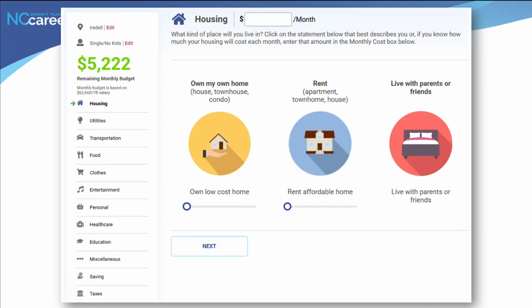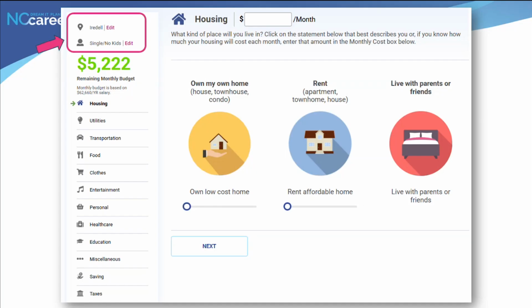At the top here, we can see her location is within the Statesville area. She can also adjust her household status. It automatically defaults to single, no kids, but we know family is also a factor to consider when thinking about costs, so she can adjust that as well.